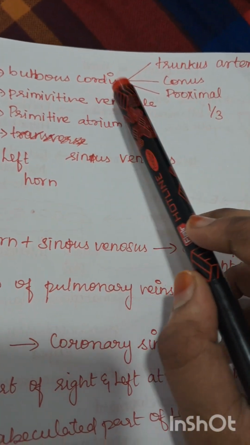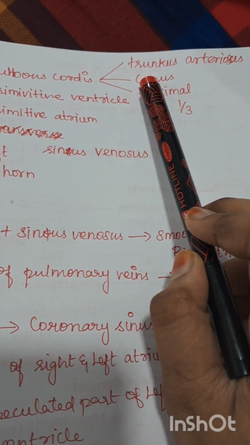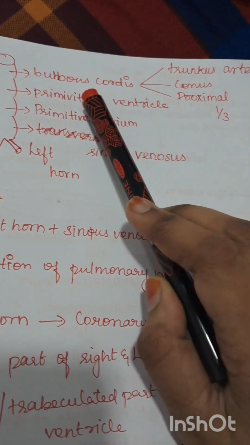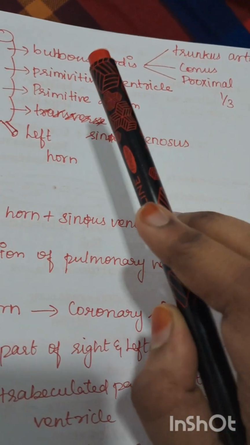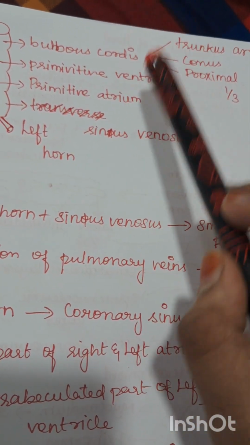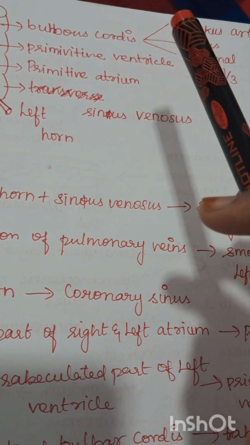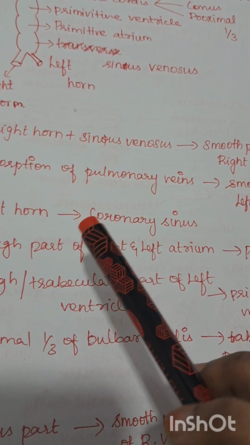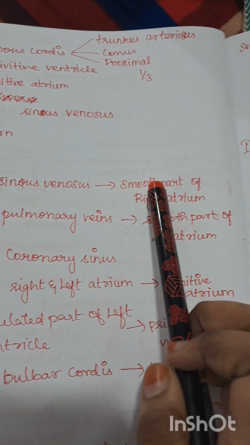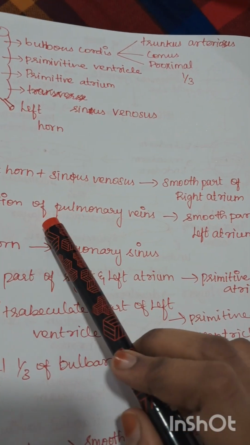The bulbus cordis contains the proximal one third of the bulbus cordis, the conus and the truncus arteriosus. These are the segments in the bulbus cordis. Now we are going to see what structures are formed from these parts in embryological development. First, the right horn of the sinus venosus forms the smooth part of the right atrium, and